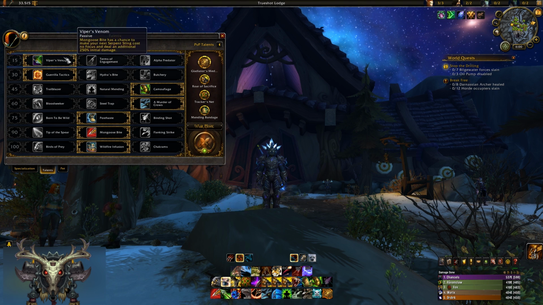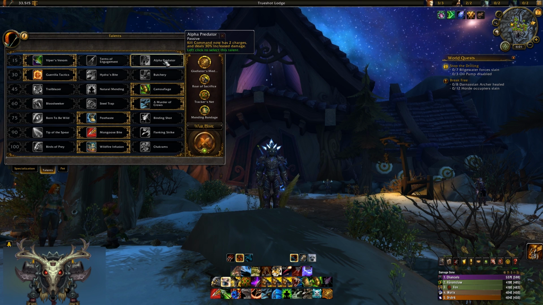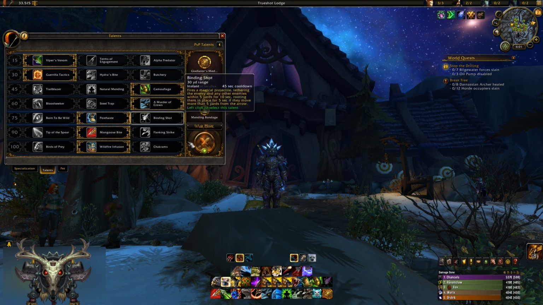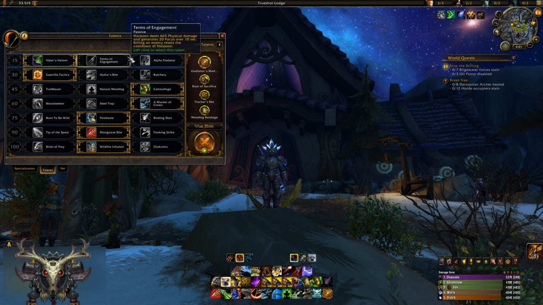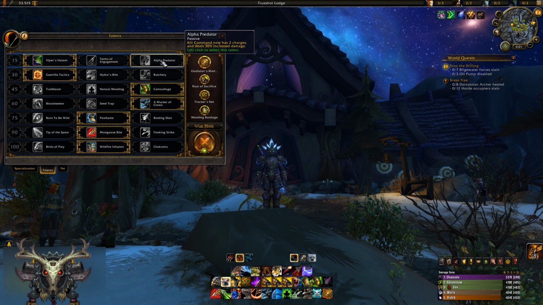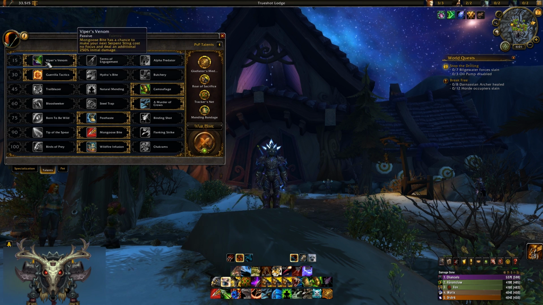Now, in the first tier I take Viper's Venom. This procs quite frequently and it does a lot of damage. It's just great having something that's more sustainable in your DPS rotation when it comes to PvP. However, Alpha Predator is another good choice to take. I've found that the kill command rotation, which we'll talk about later, works quite well at the moment, even without having the two charges. Yes, it does 30% increased damage, but I have found Viper's Venom to be the leader